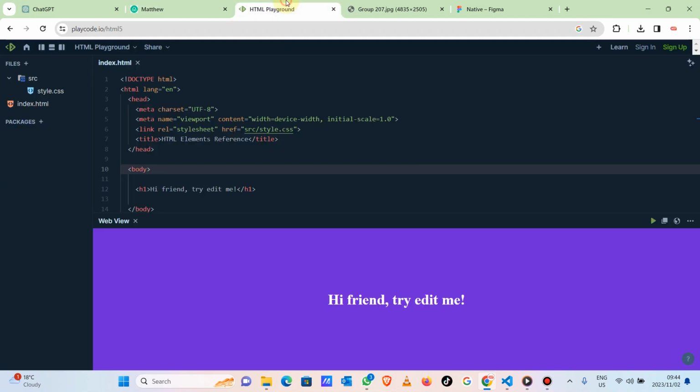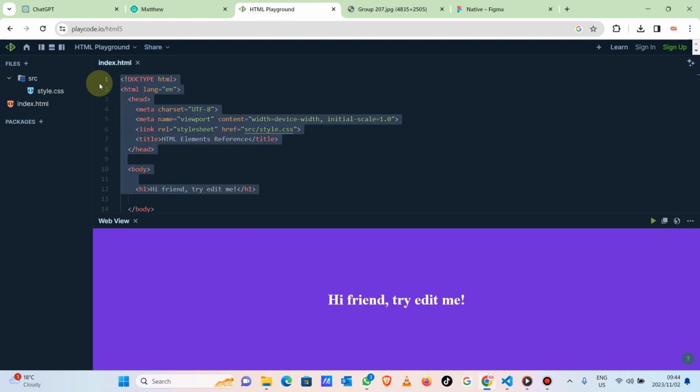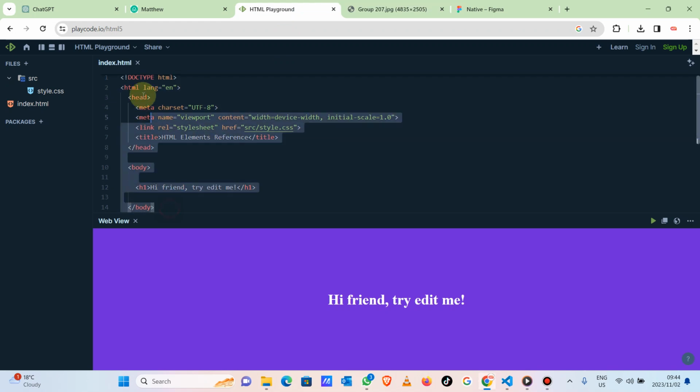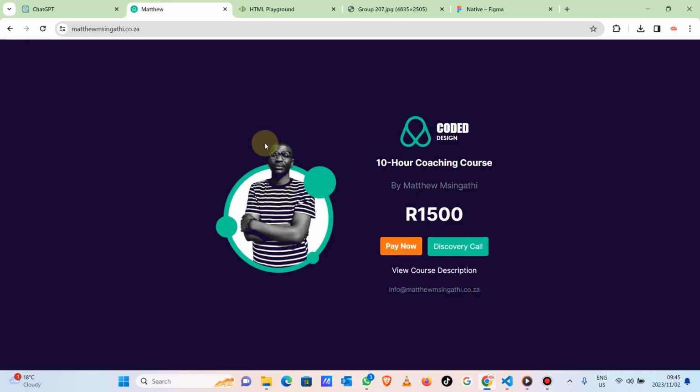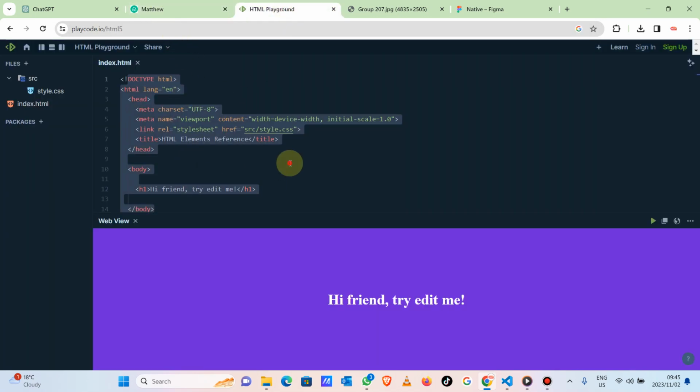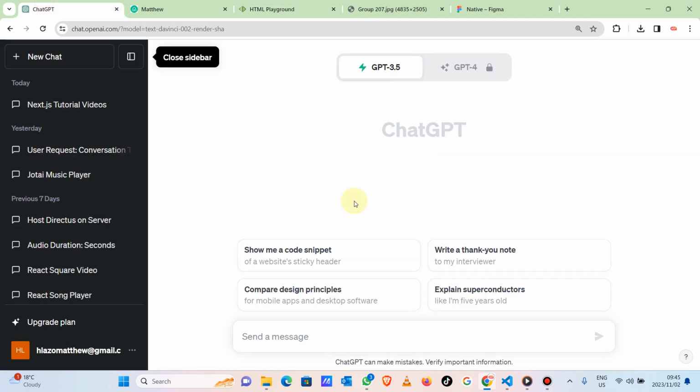As compared to what? As compared to this. Most people, when they look at this, they feel like this is not powerful. But when they look at this, they are like, wow, this is amazing. So I want to close the gap between this and this. I want you, when you look at this, to feel like this is amazing. So let's just quickly ask ChatGPT what is HTML and take it from there.